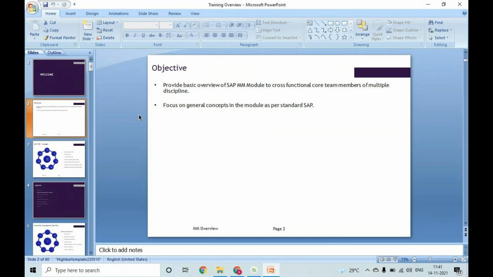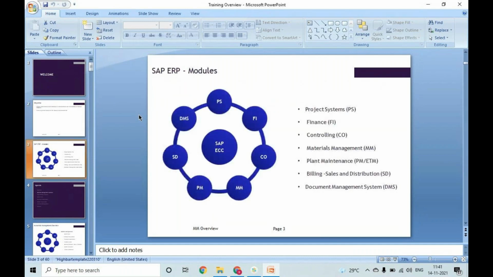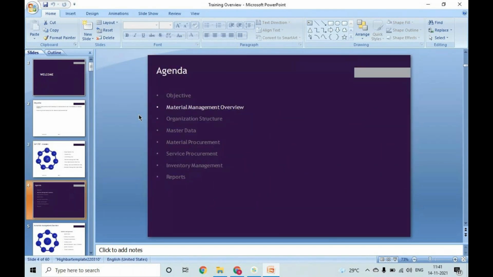So in SAP we have different modules. Each has their own role. Today we are with SAP MM. MM means materials management. In materials management in SAP we have different structures for every module.